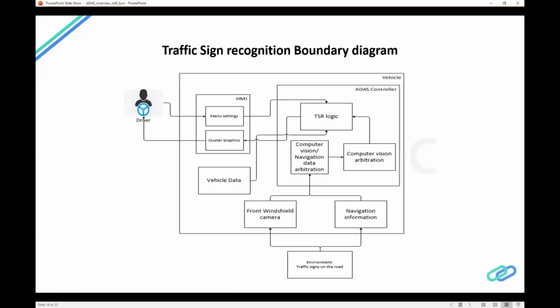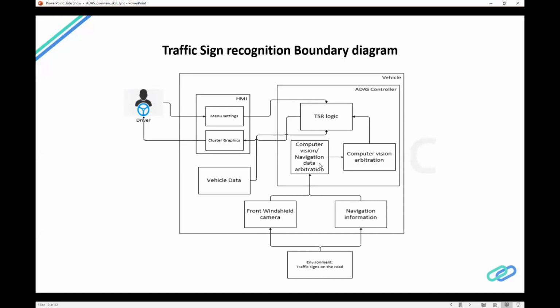Quickly going over the traffic sign recognition boundary diagram, the main sensor is the front windshield camera. Some systems or some OEMs also use navigation information. Navigation information is typically the GPS. If you use Google Maps often, then you might have seen that the GPS navigation also has the speed limit information. So it uses both types of information, the camera detection and the navigation information. And both go into an arbitration logic,